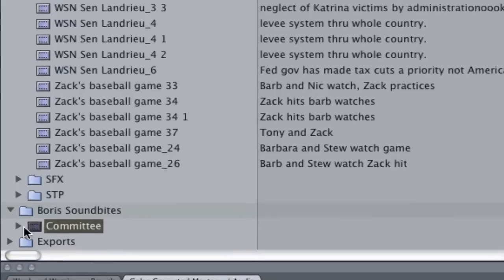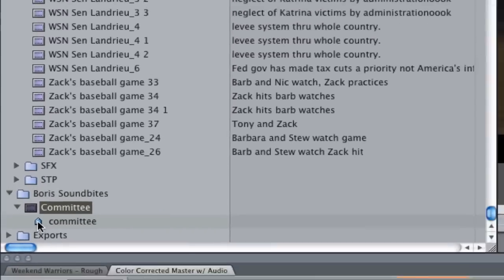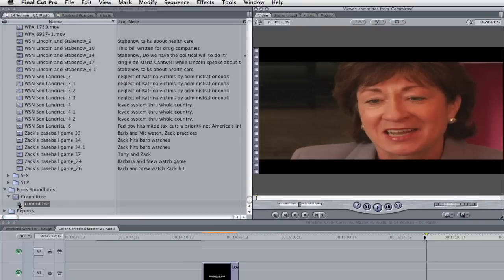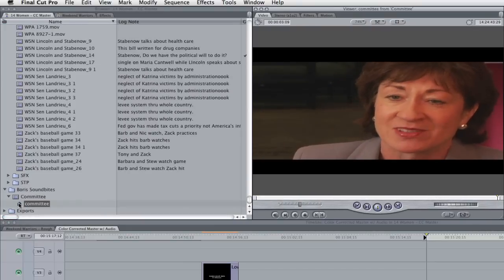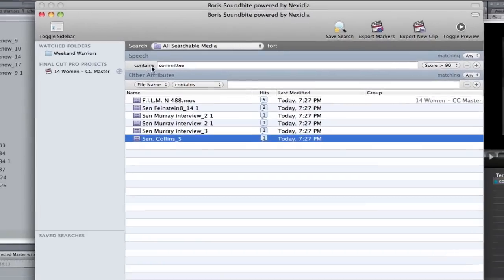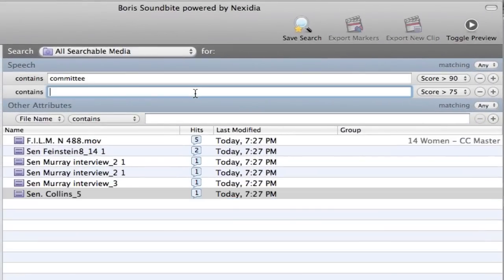Even better perhaps, the markers that appear under the browser clips can be double-clicked and loaded into the viewer as subclips. Committee assignments and just my representation. Combined searches allow you to use multiple search words or phrases. I can add a second term,